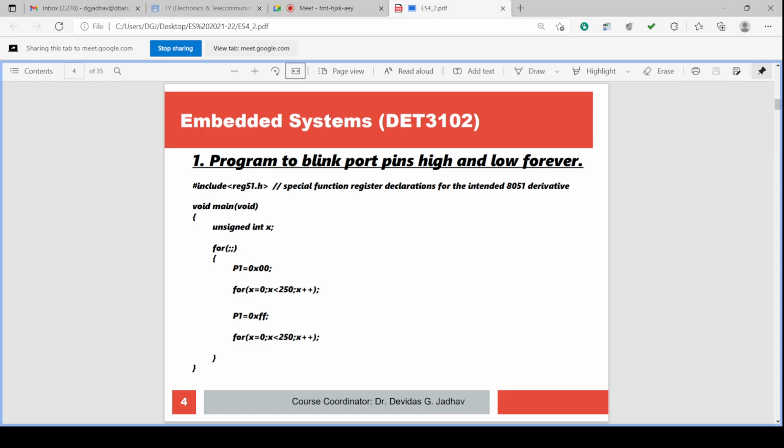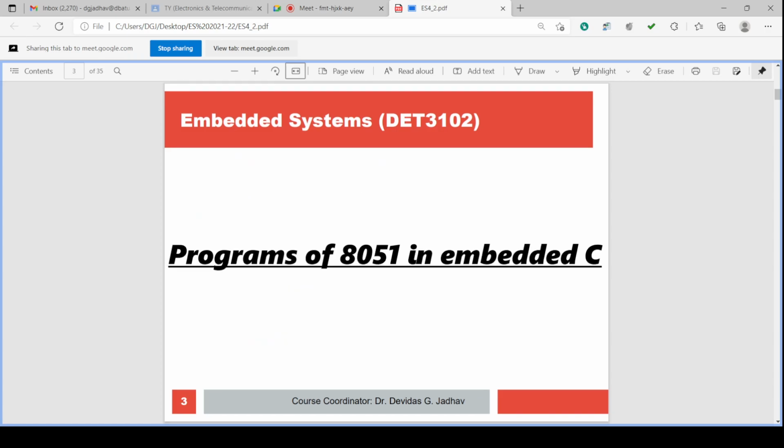These programs we'll check afterwards. Various programs we'll understand, what the different programs are, and then we can write these programs into Keil and execute them by simulation.